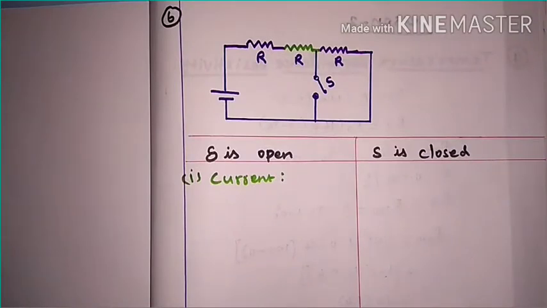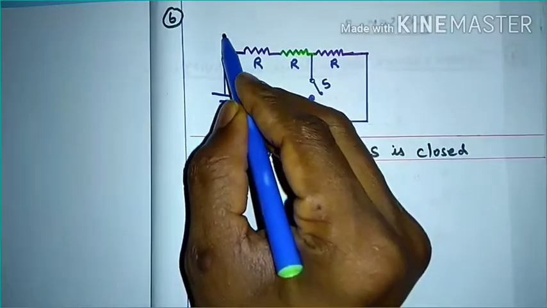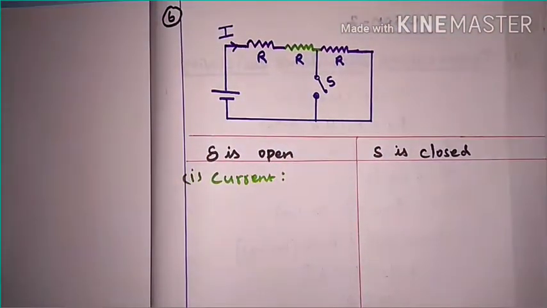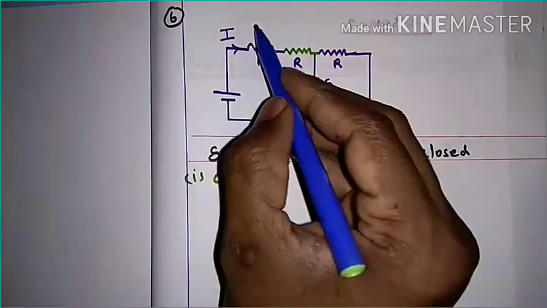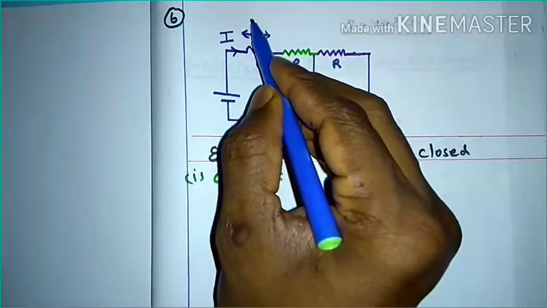You know, here the resistances are connected in series. First, we are going to recollect the memories of resistors in series. When the resistors are connected in series, the current flowing through each resistor is the same. So we say the current flowing through here is the same, right? There is no change in the current. But what about the potential? Yes, potential definitely changes.